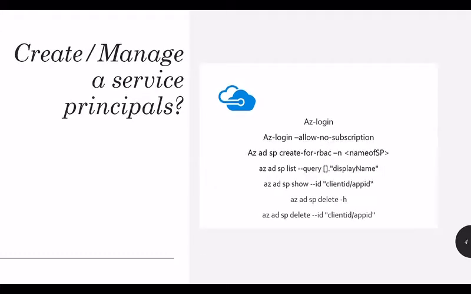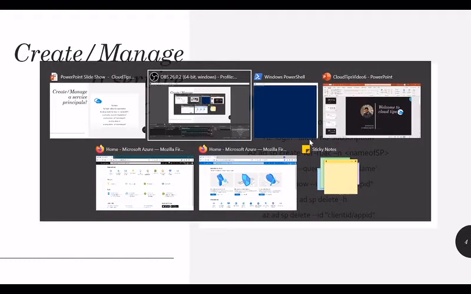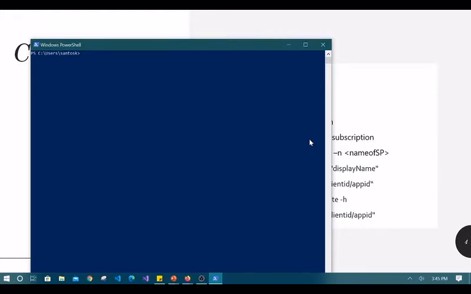These are the various commands that I'm going to describe for service principal management, and I'm going to show both ways: creating the principal using the Azure portal as well as through PowerShell. The az login command, I guess there is no hyphen in between, but you can try. So let's get started and create a service principal first, and then we'll see how we can use it. Let's open a PowerShell and simply say az